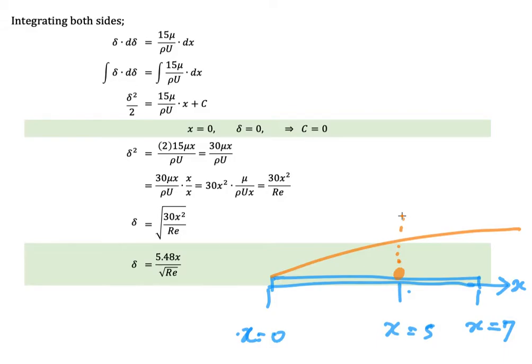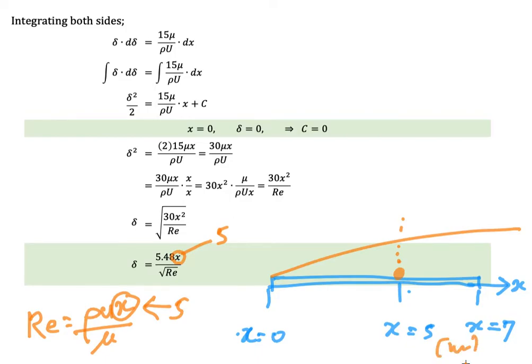So we just use the idea of Reynolds number, which is rho u x over mu. We substitute the x here with 5, let's say 5 meter. Then we can determine the value of delta here. So again, the delta here,